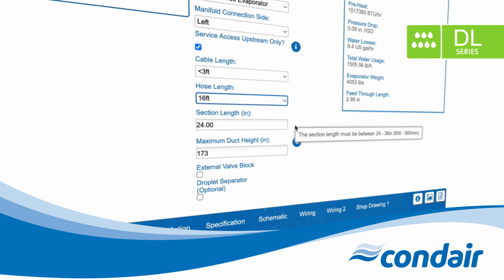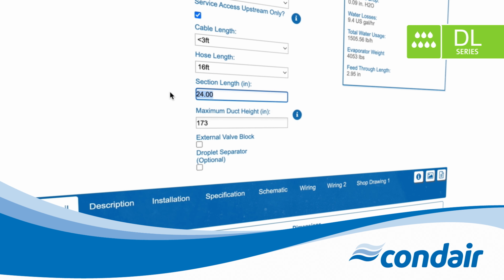Section length refers to the total length of the unit from the start of the nozzle grid to the end of the ceramics. Maximum duct height, or Hmax, is equal to the internal height of the duct, which is H1, plus the depth of the drain pan, or H2. This value must be accurate. If maximum duct height is less than the value entered for duct height on the previous page, order entry cannot